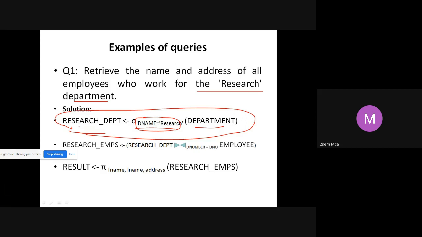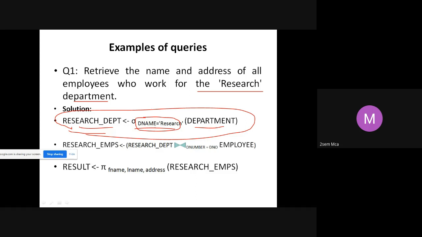And that result I am storing in a table called research_department. It is going to contain only those records where the D name is research. All the columns will be displayed, but not all the rows, because we are applying a select operation. Now I know who are the people working in the research department.